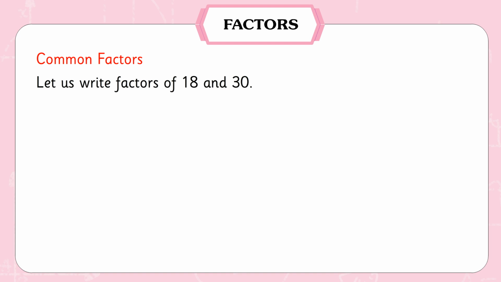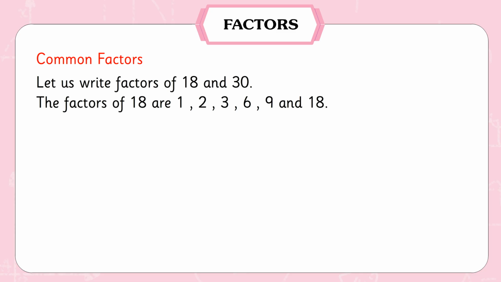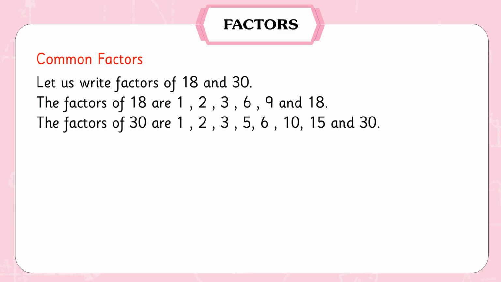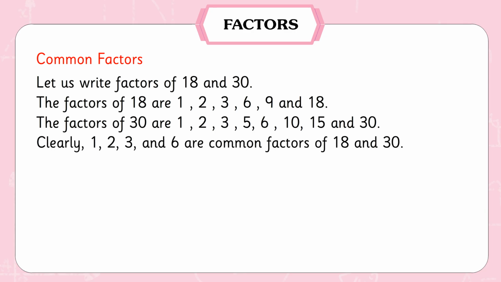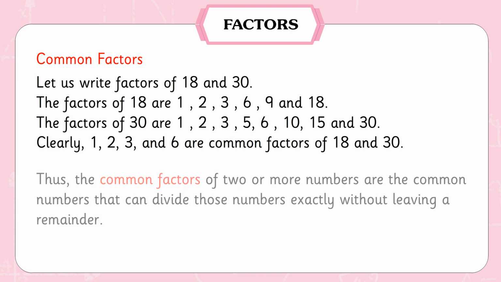Common factors. Let us write the factors of 18 and 30. The factors of 18 are 1, 2, 3, 6, 9 and 18. The factors of 30 are 1, 2, 3, 5, 6, 10, 15 and 30. Clearly, 1, 2, 3 and 6 are common factors of 18 and 30. Thus, the common factors of two or more numbers are the common numbers that can divide those numbers exactly without